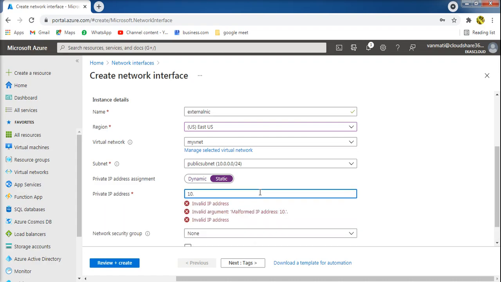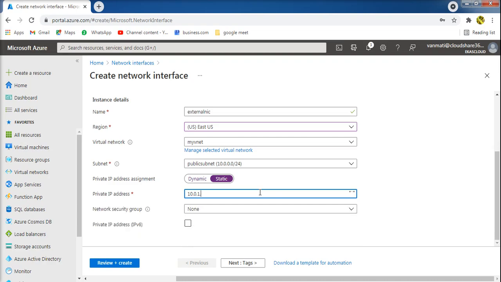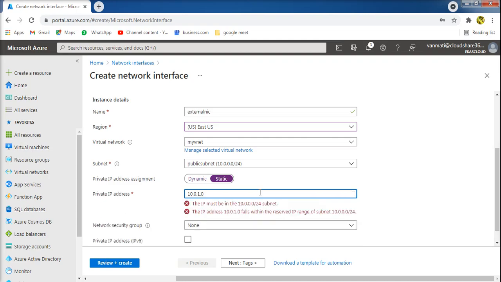It is in the public subnet, right? I have to give 0.1 and 0.